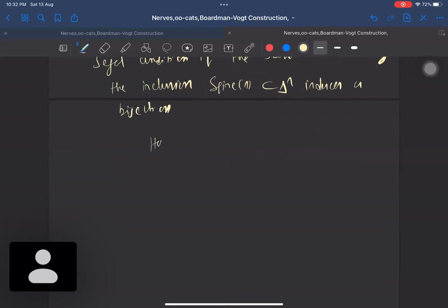So if you have this projection for all integers n greater than 2. So in fact,